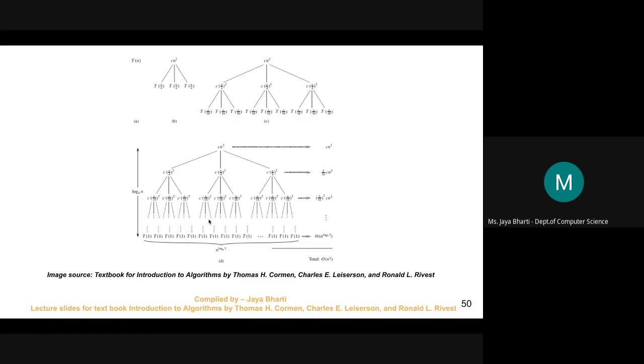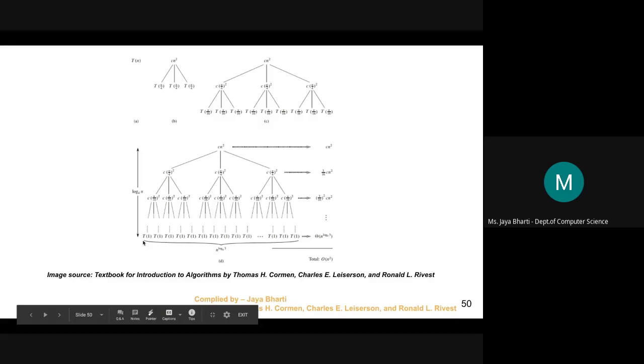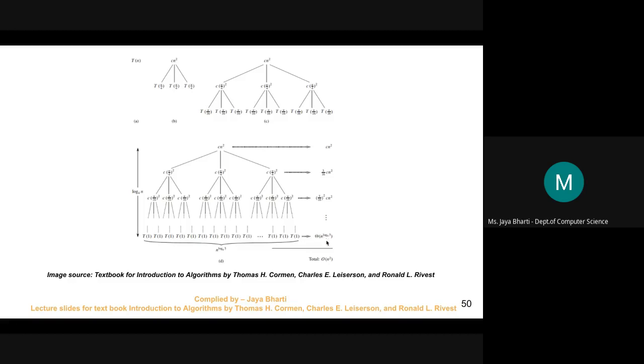So you have to keep dividing it until you get the problem of size 1. So when you are getting the problem of size 1, then the cost of this step will be theta of n to the power log 3 base 4. Okay. Why is the base 4? Because we are dividing each sub problem into n/4 size. That's why the base is 4. In case of merge sort and the previous example, the base was 2 because we are dividing each problem into two sub problems, each of size n/2.